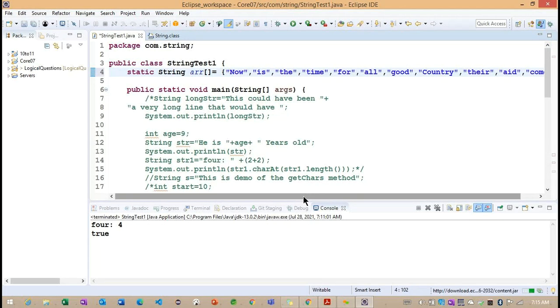Using this string array, we'll check the compareTo method and how exactly it is going to work.